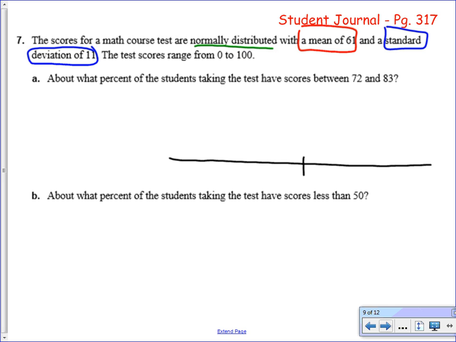So what I'm going to do, before I start answering questions A and B, is make my little chart. But I'm going to apply the numbers now. Instead of putting mu in the middle, what is mu? 61. And then I'm going to add one standard deviation at a time, 3 times. So add 11 to get 72, 83, and 94. I'm just scaling by my standard deviation. And then I'll subtract 3 times. Okay, so I'll get 50, 39,